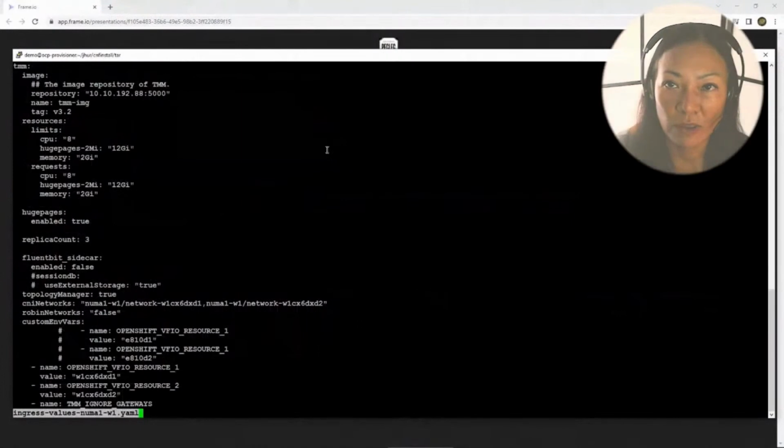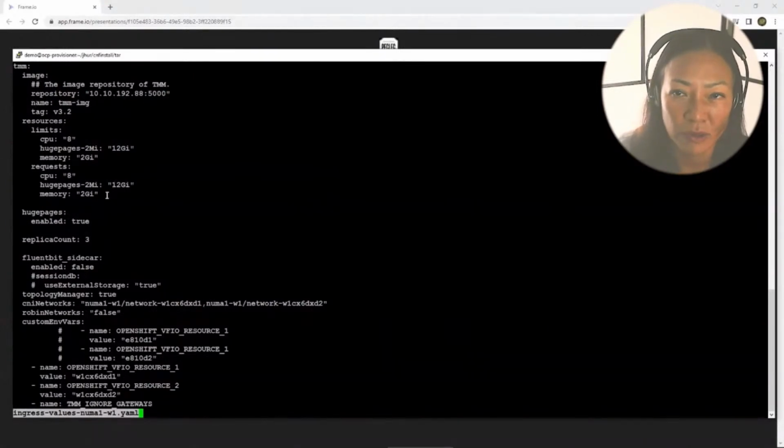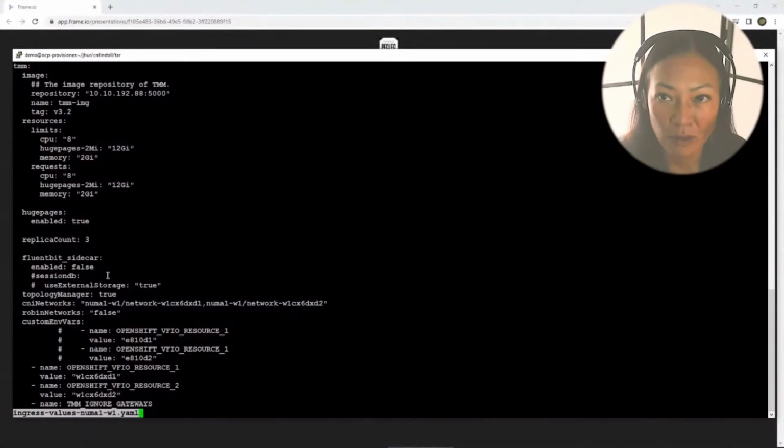So here you've got your TMM and the image repository that you want to specify. This can be changed depending on where you have your local repository. If you have multiple versions, you can change the versioning on there. These are your CPU settings where you specify how many cores and what the memory is. And then other variables like the huge pages and fluent bit, we pretty much disabled because we're not utilizing it